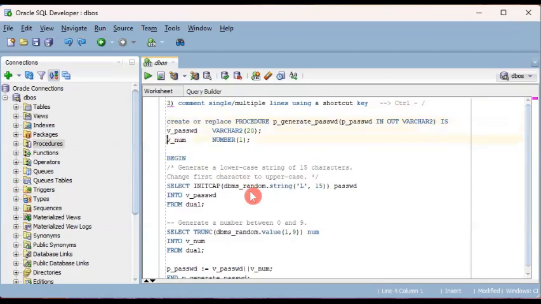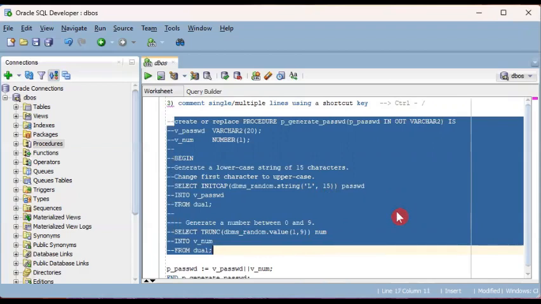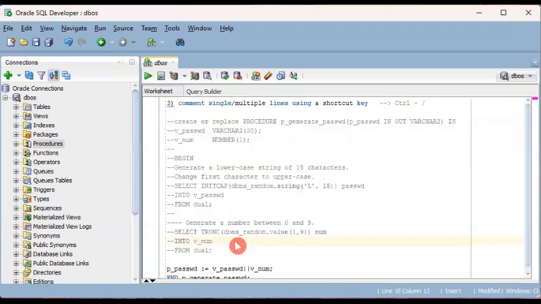But then if you wanted to highlight multiple lines, let's say I remove this one. Let's just say I wanted to highlight multiple lines, no matter how many. I can highlight them with my mouse or with my keyboard, and then I will again press Control slash. So as you can see, it's a very handy shortcut key, only applicable to SQL Developer, the IDE, because it allows you to add multiple single line comments or multiple contiguous lines with a single combination of